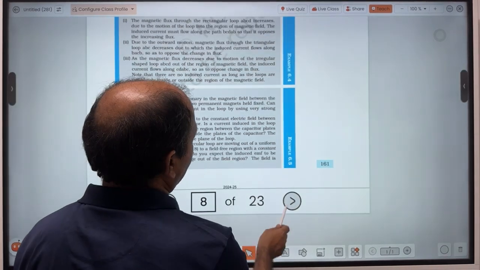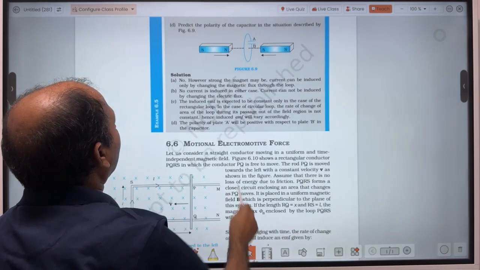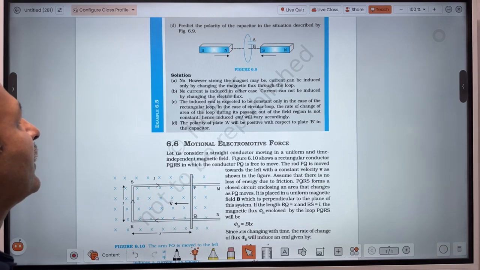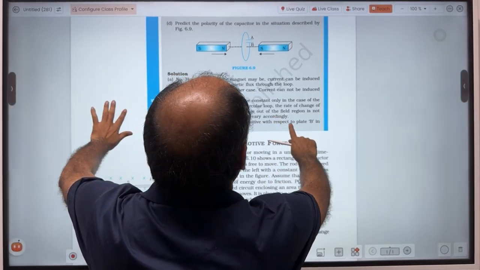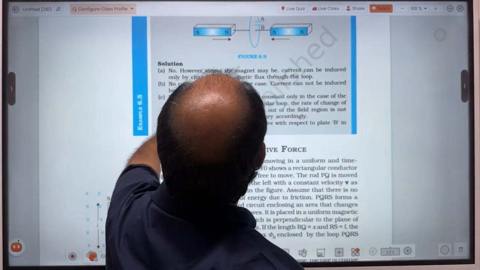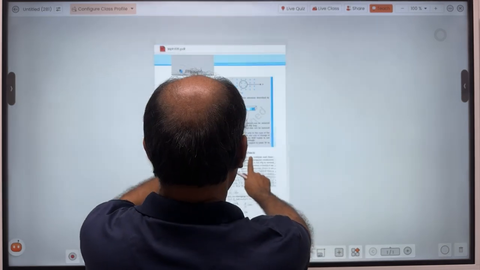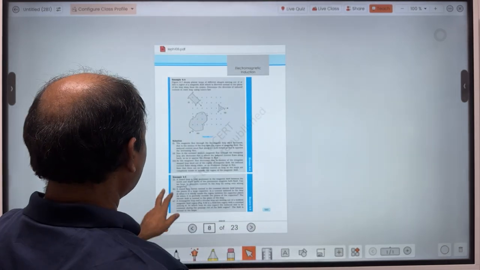So, as you have studied, there will be induced EMF only when there is relative motion. However strong the magnetic field is, that is irrelevant. So here the answer is no. However strong the magnetic field, current can be induced only by changing the magnetic flux through the loop. Alright. Then comes the second question. It says